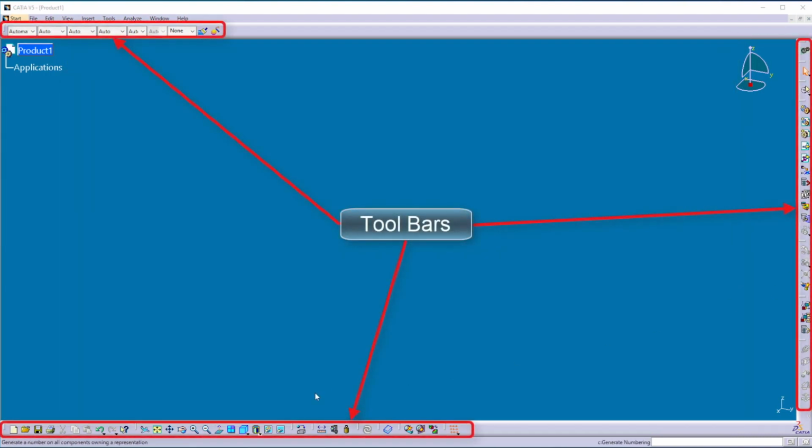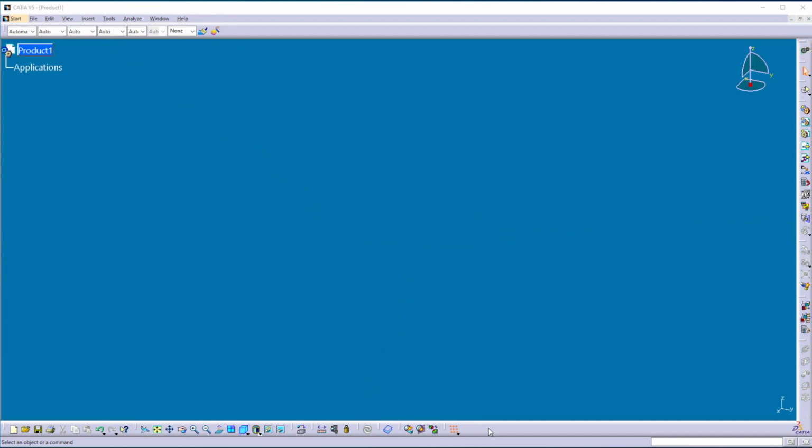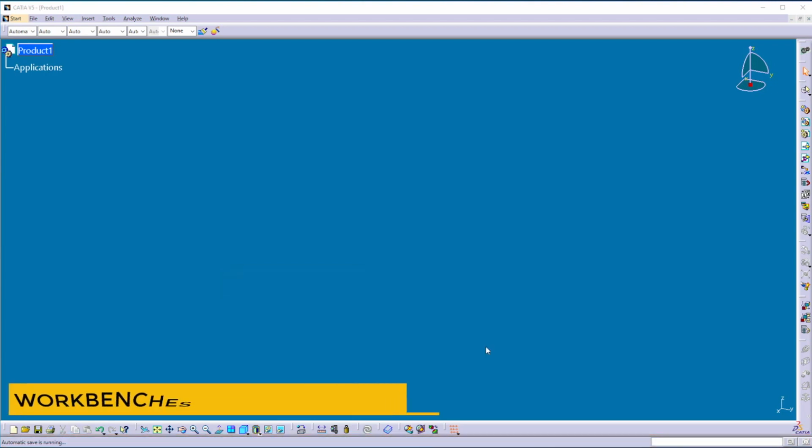These are the toolbars located on the frame of CATIA V5, which provide access to the tools to create a 3D shape and do some operations on it. At the bottom, you can find a status bar which helps you to complete your current command by suggesting the next step to do.